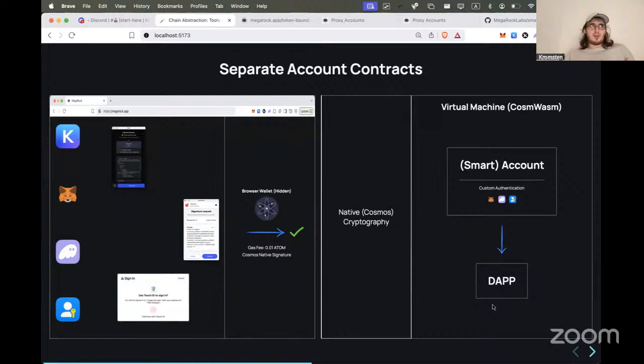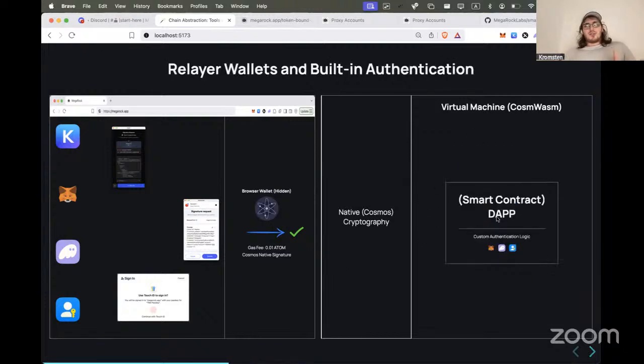Another option is you can have smart accounts that would validate everything for you and then call your app. I guess smart wallets are trying to fix this problem, such as Vectis, and in the Ethereum ecosystem, Safe and everything. But it's also a work in progress. So essentially we are building tools for developers to be able to do any of those easily. We build tools to get these signatures. It's not that easy actually to do with credentials like passkey sign-in, and then we provide tools to validate them on the blockchain. So if you want to build an app with built-in authentication, we build tools to do it easily.